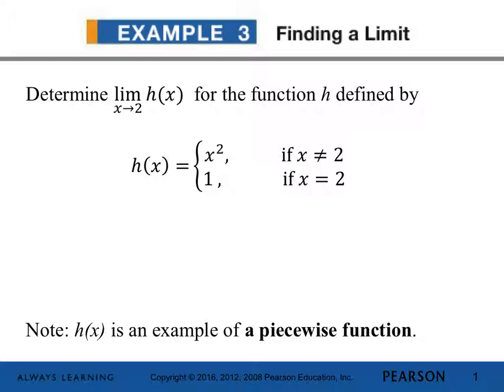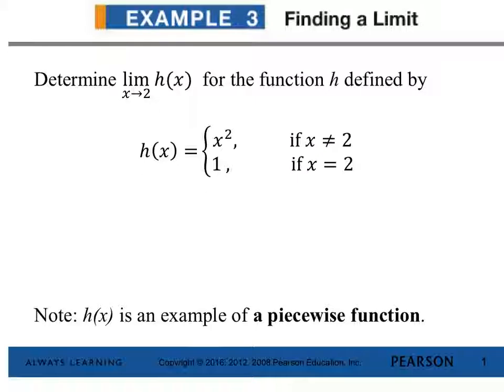x squared if x is not equal to 2, or if x is equal to 2, then the value of h of x is always going to be 1. And this is what we call a piecewise function. One of the things that I want you to understand how to do is, in order to graph this, one of the ways that you can graph this function is to enter into your calculator